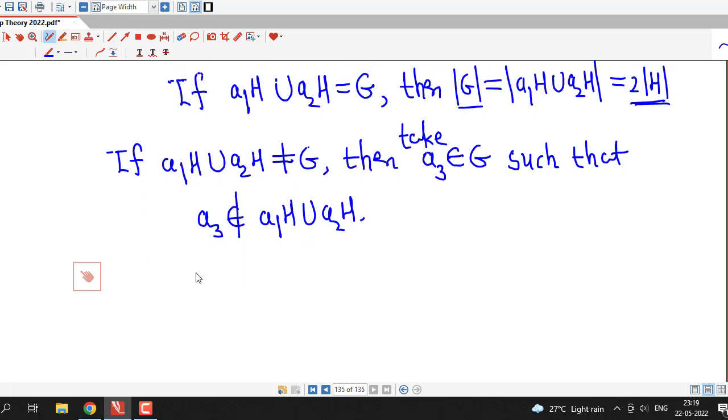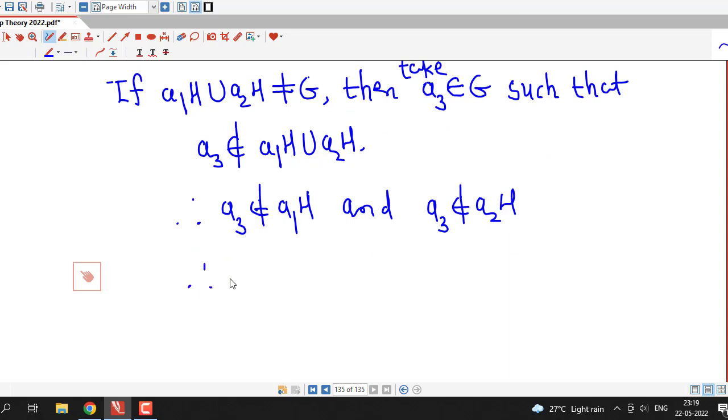Now since A3 is not present in the union, that means A3 cannot be in A1H as well as A3 cannot be in A2H, and this implies that A1H and A3H are disjoint